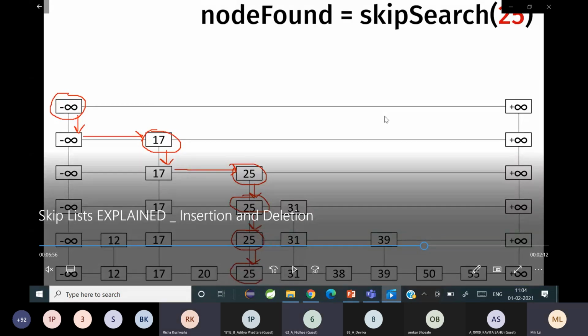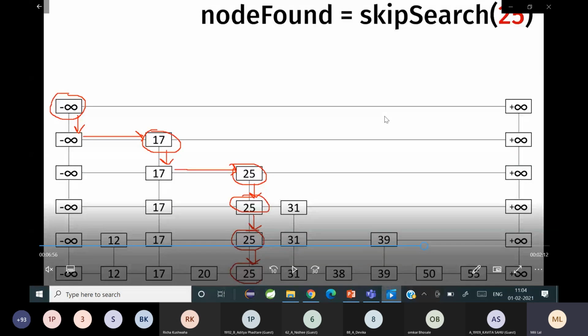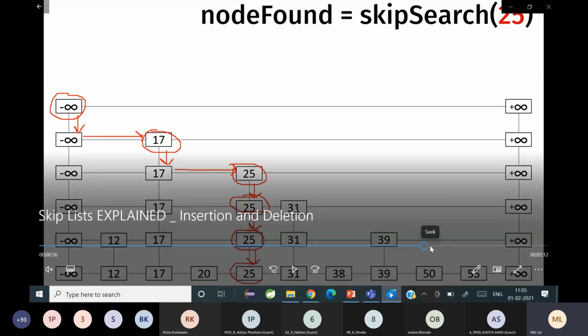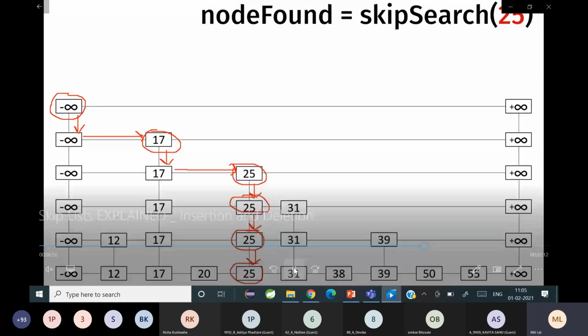If you don't find the node 25, then you can give the message that not found. But here in this example, 25 is there. So 25 gets selected. And since you're on the topmost level, you will have to go to the lowermost level. And after going to the lowermost level, you delete the node.